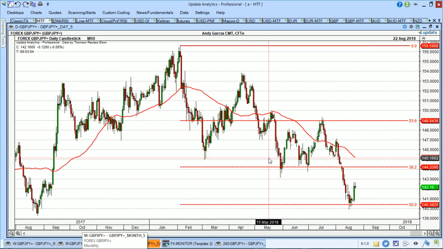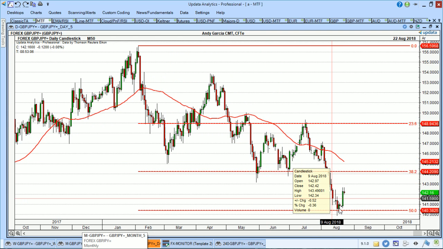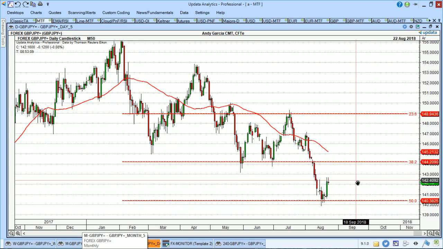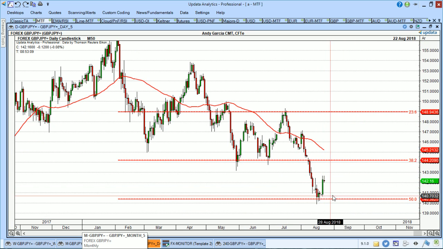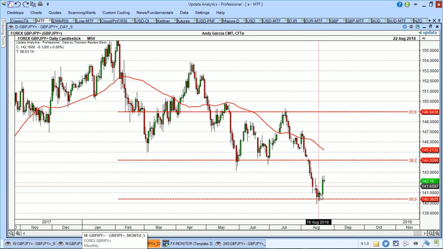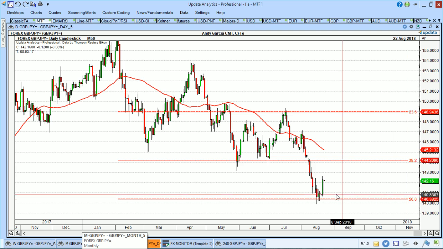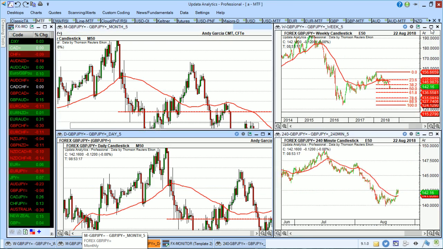So here we are looking at the daily chart, the same level here. Out of Japan's financial regulator commissioner. You can see here right off the 140 or 140.38 area is where the 50% retracement level is, and now we're actually bouncing. So the anticipation here, if you're watching the pound yen